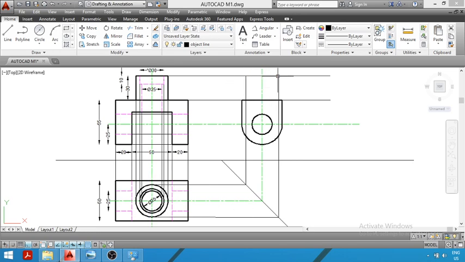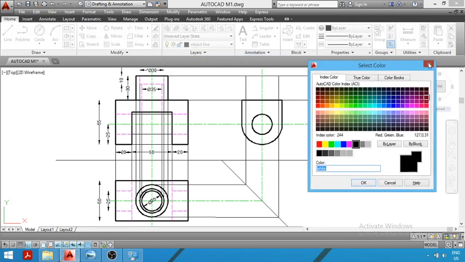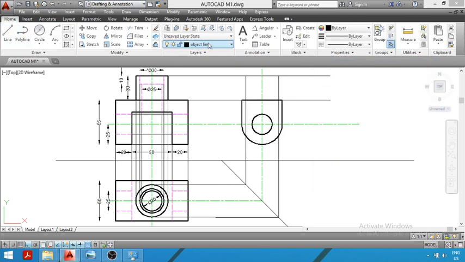Now this rectangle in the side view, this upper rectangle represents what? Side view of the vertical cylinder, that is this cylinder. This cylinder will be represented in side view by this rectangle. So now this rectangle should be dark, so we will draw dark lines to represent the side view of the vertical cylinder. So the line from this point to this point should be dark, then from this point to the end, and again this vertical line should be dark.